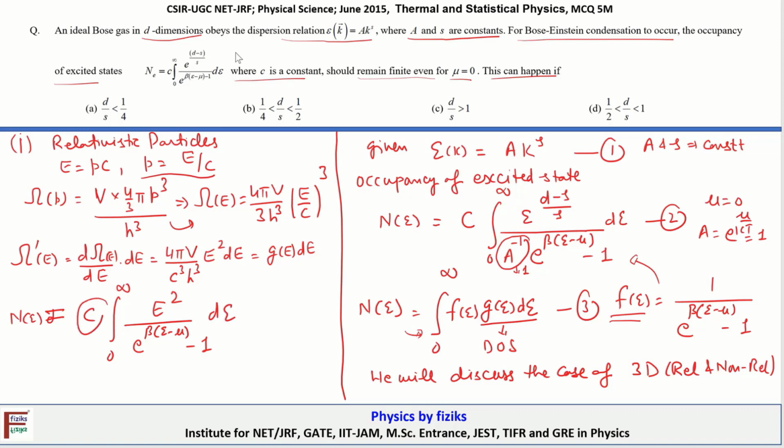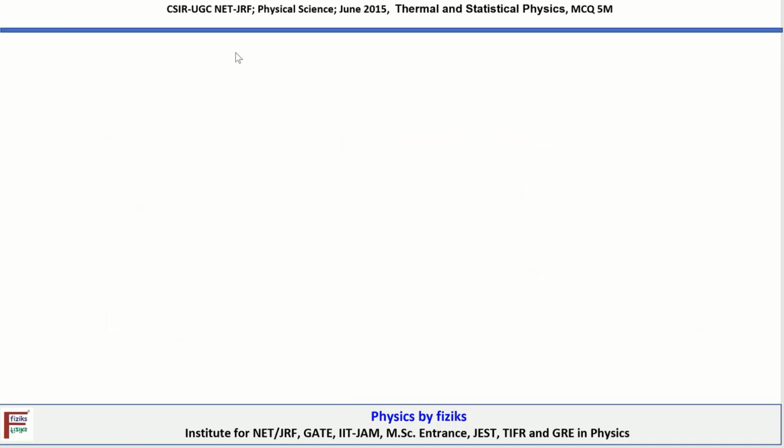So here this constant C absorbs all the multiplying coefficients. I'm keeping only the energy dependence term inside the integral. Let me call this equation 3. Now we will make a comparison between equation 2 and equation 3 and then try to see what is the correlation between d_s and the corresponding numerical value. So if we compare equation 2 and 3,